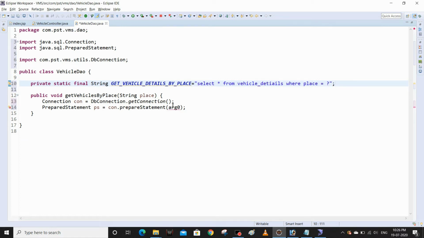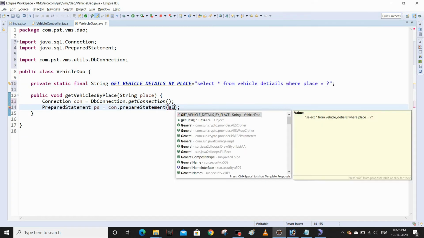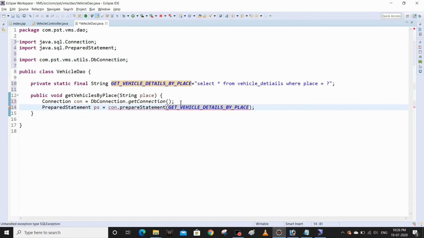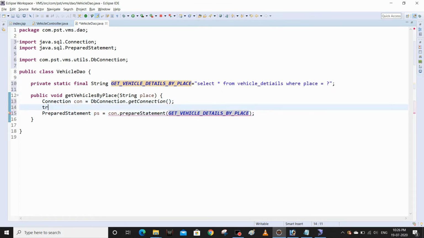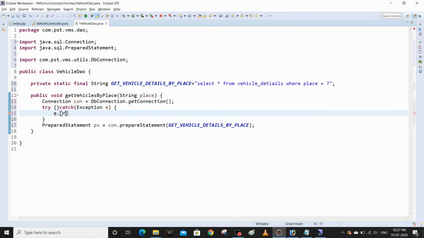I'm going to pass this query here. It throws SQLException, right? So I'm going to put a try and catch block, catching the global parent exception, Exception e, and e.printStackTrace.